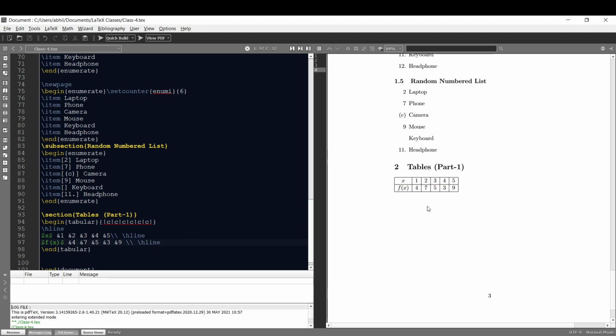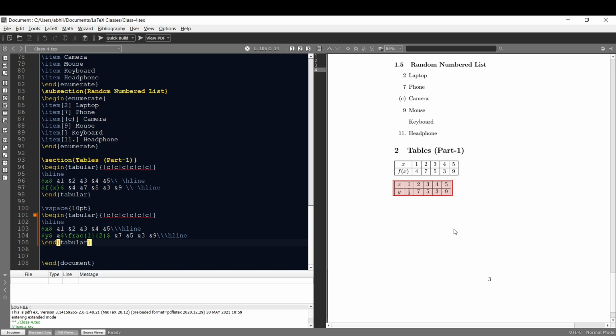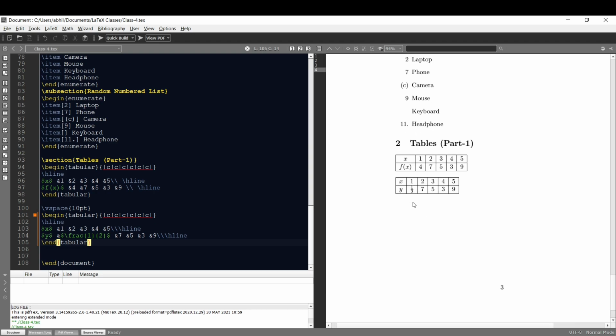Next, let's try to put a fraction using the frac command in the above table and see what happens. First, let me add some vertical space here and write the above table containing a fraction 1 by 2. So here I have written \vspace in curly brackets 10pt to add a little bit of vertical space, and in my second row and second column the element is 1 by 2. Now if I run this, you can see that another table containing 1 by 2 is created, but here 1 by 2 is not fitted properly inside the table as it overlaps with the above and below horizontal lines.